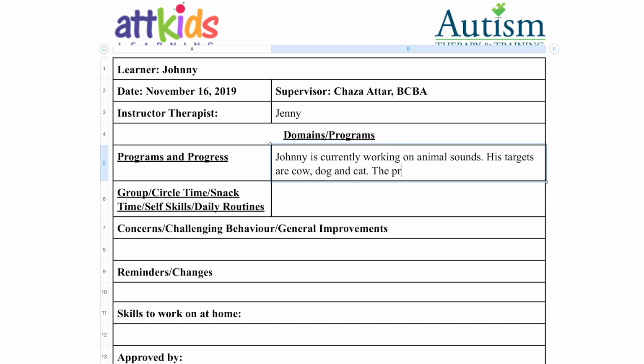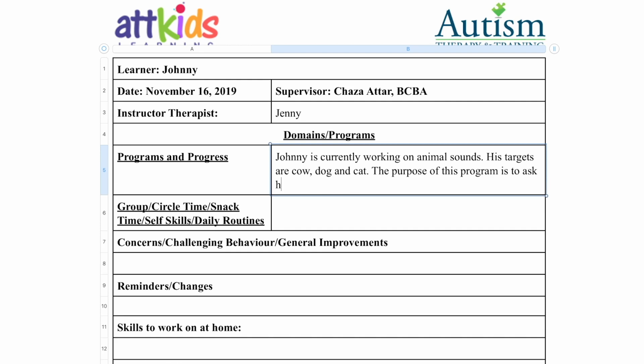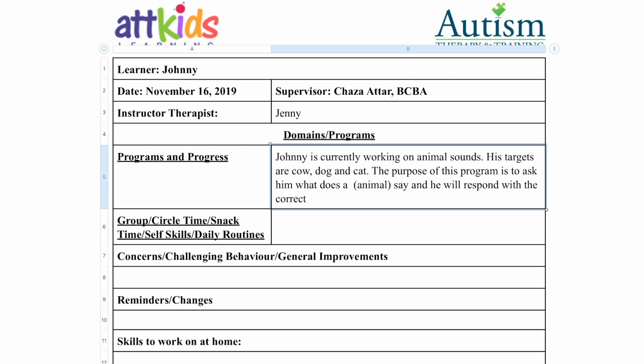The purpose of this program is to ask him, what does an animal say, and he will respond with the correct animal sound.